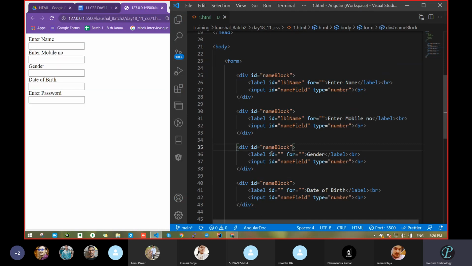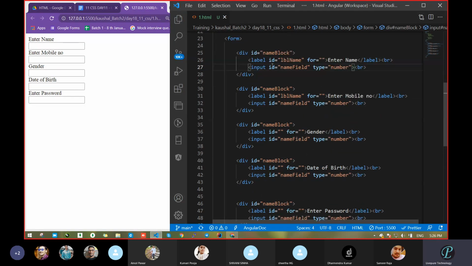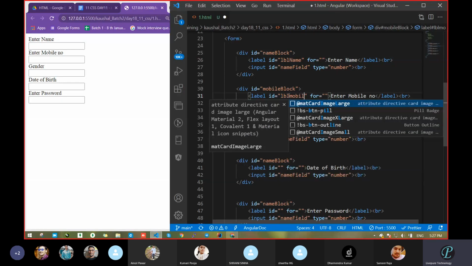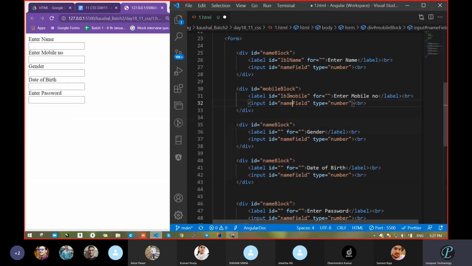Now you have to help me in correcting all this. So the name block is fine. This block, no issue. What about this one? Tell me first, which block? Mobile. First means this thing. Nobody is even speaking. Mobile, and then the input field.